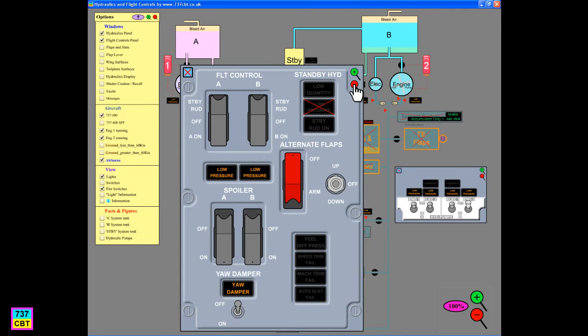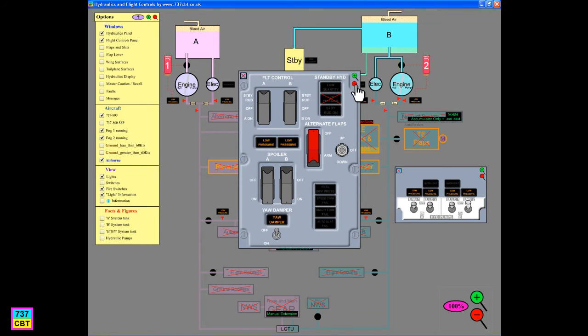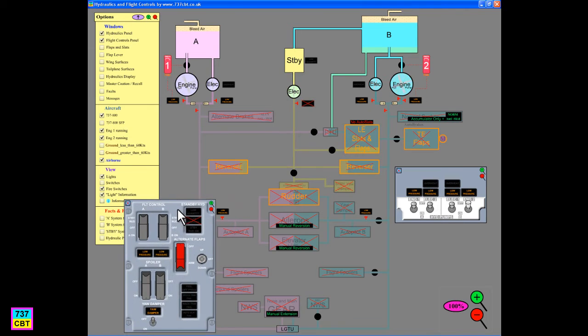And if you ever wonder what information a light is telling you, go to the options menu and under view, select light information and just roll over any of the lights, it will tell you what the light means. What I'm now going to do is set up the system for the example that follows, and we're going